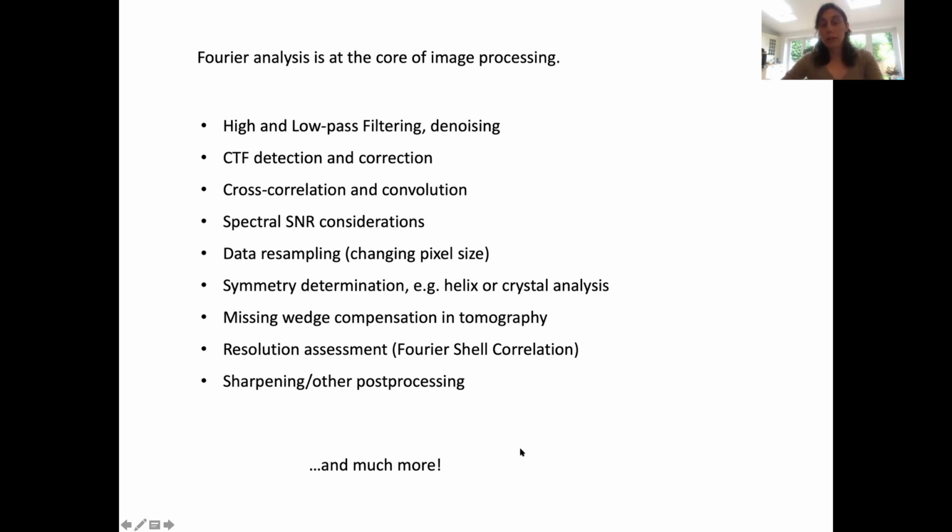So in this lecture, I will give a brief, very basic overview of what Fourier transforms are, and then show you some examples on where we use them in image processing. Okay, so